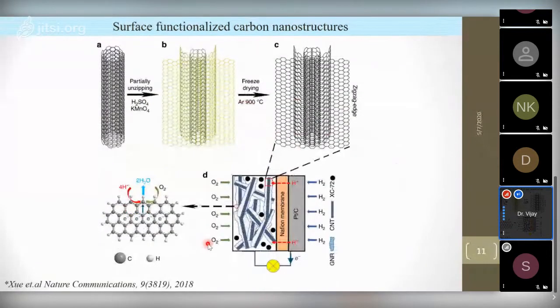Like this, even sulfuric acid or potassium manganate can be used to zip it or to make different zigzag orientation or to make it armchair orientation in order to make, for example, here which is shown, platinum carbon electrode in the fuel cell chamber. So these are the possible things with carbon functionalization to make more efficient electrodes, like platinum electrode, or even ruthenium electrode, or sometimes nowadays used ruthenium oxide electrode plus carbon. So these are the things that are possible with carbon functionalization.